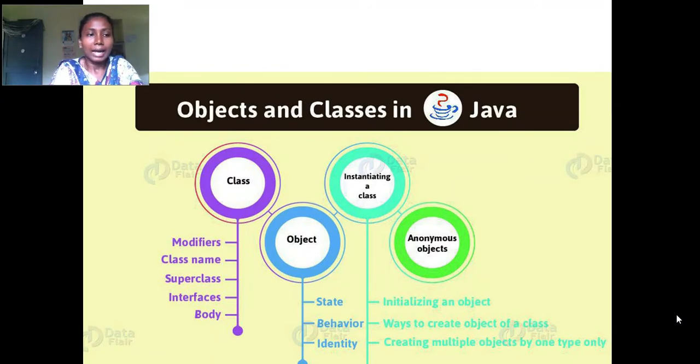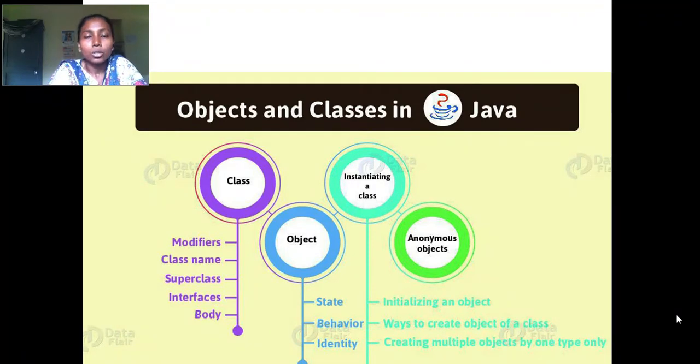Here the class is a logical entity. When I am saying flower, is it visible to you? But if I say rose or lily, then yes, you can recognize it and you can bring it.